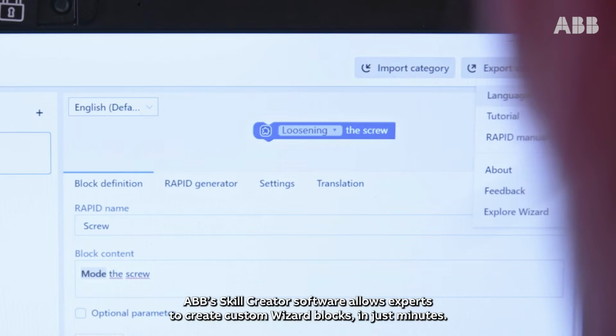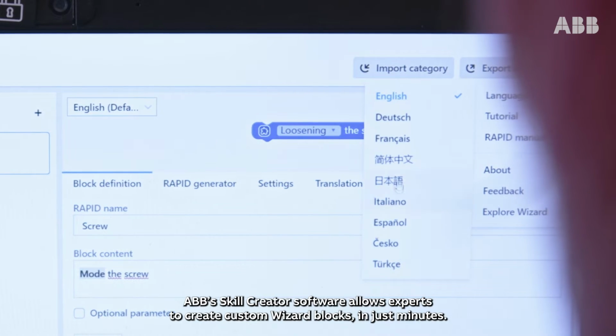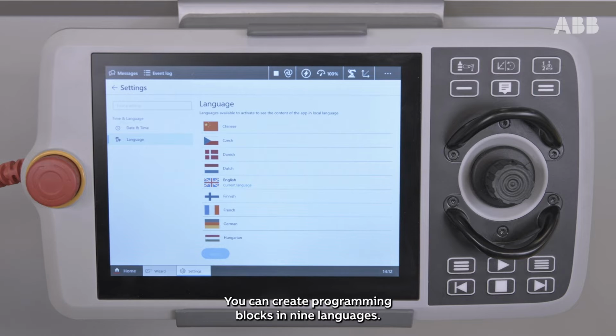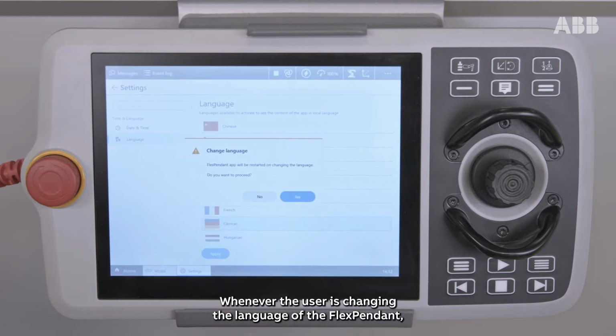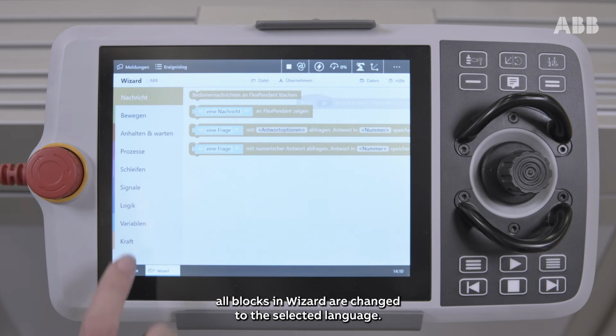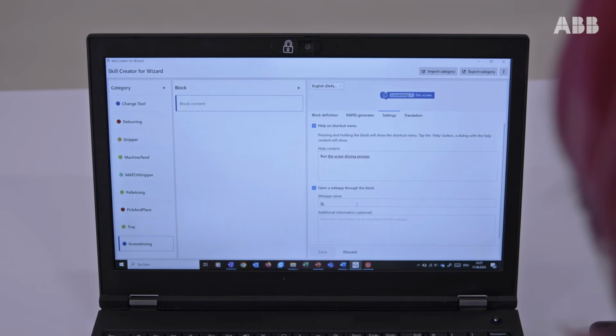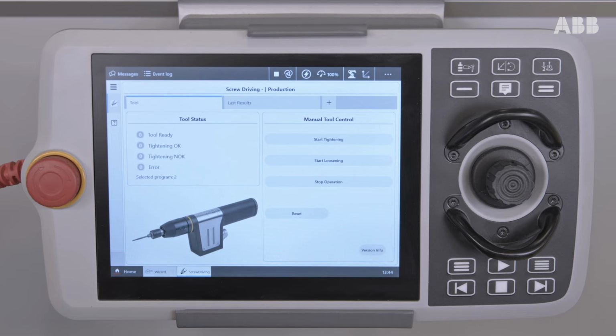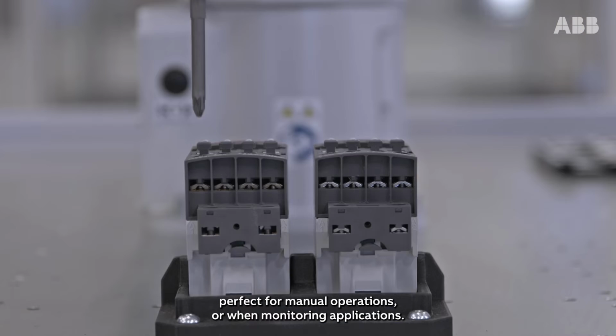ABB's Skill Creator software allows experts to create custom wizard blocks in just minutes. You can create programming blocks in 9 languages. Whenever the user is changing the language of the FlexPendant, all blocks in Wizard are changed to the selected language. On top of that, you can link every block to a web app,